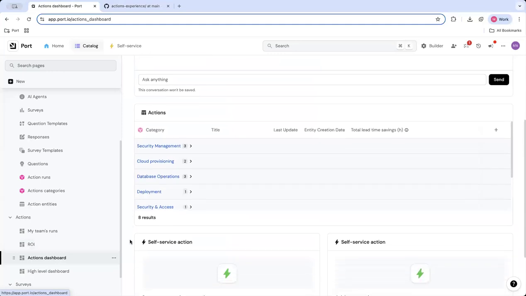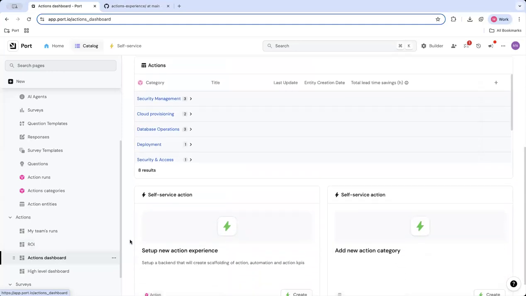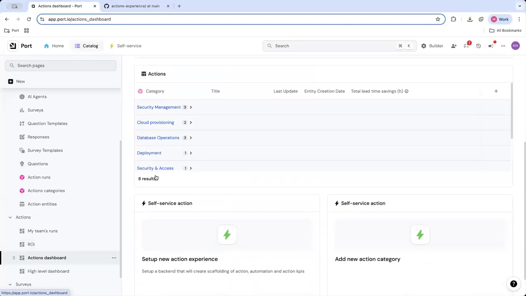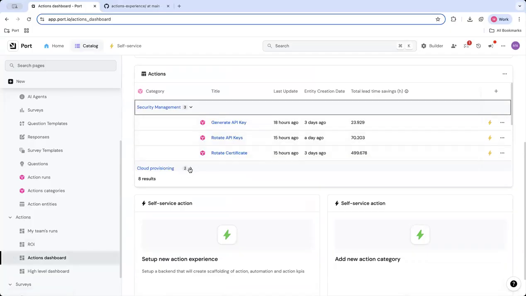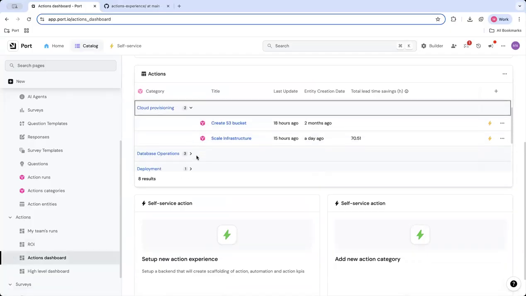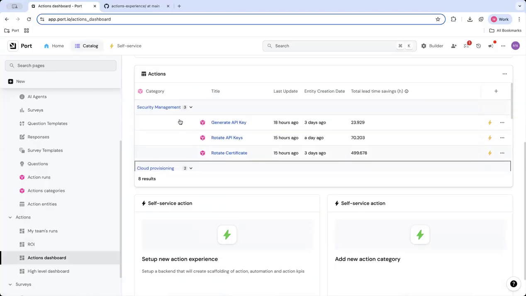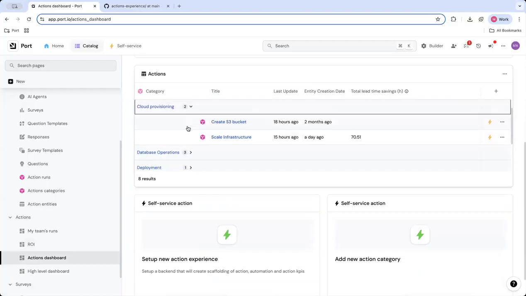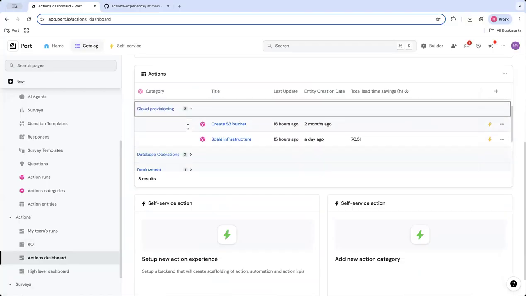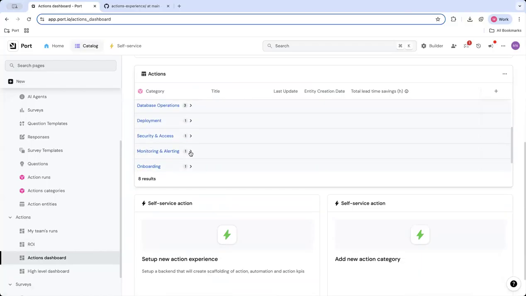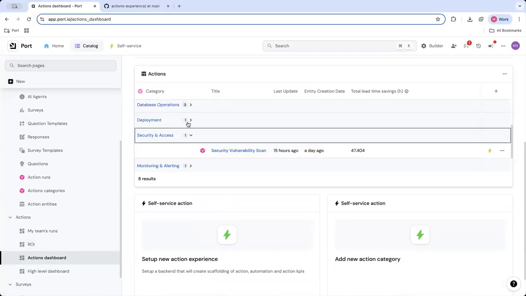And then you can also have an action dashboard that will represent all of the actions you have. And remember at the beginning when I created the actions, I didn't just create them in isolation. I made sure to associate a category for all of them, which makes the navigation much simpler. So let's just take another one. Which one do I want? Monitoring, security and access,